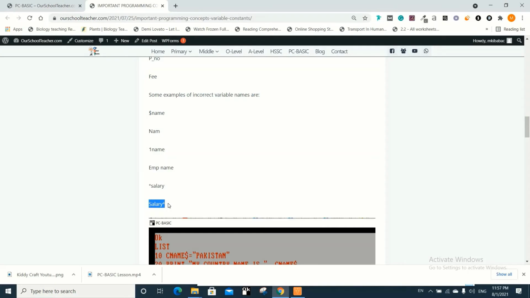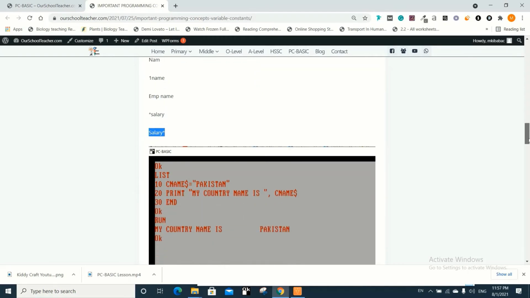For example, smiley face, bracket, ampersand sign, hash sign, at the rate sign, or any other special character except underscore. So only underscore you can use whenever you need to join two words to make a variable name. Otherwise, you cannot use it.